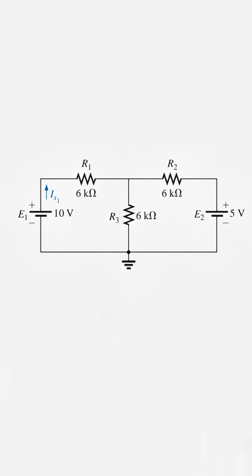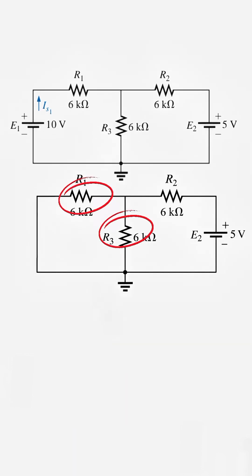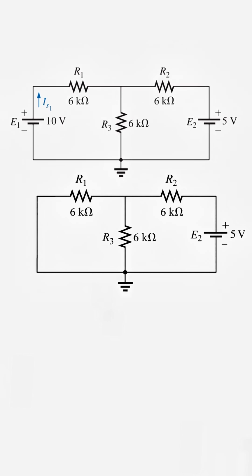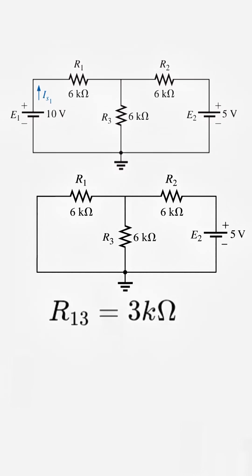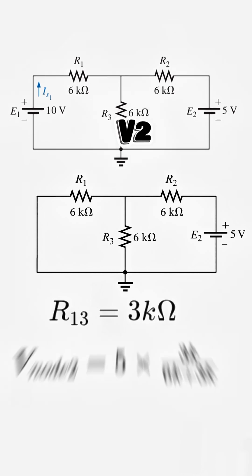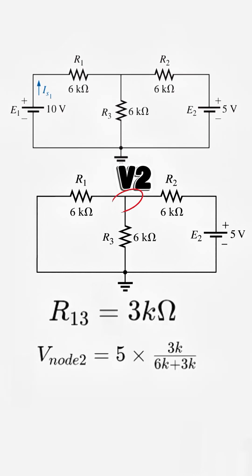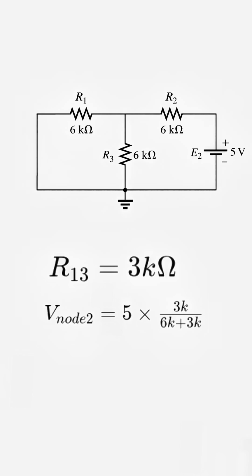Case 2. Only E2 equals 5 volts is active. We replace E1 with a wire. Now, R1 and R3 are in parallel. Their equivalent resistance is also 3 kilo ohms. Apply voltage divider again. The node voltage becomes 5 times 3K divided by 6K plus 3K. That gives 1.67 volts. Now current through R3,